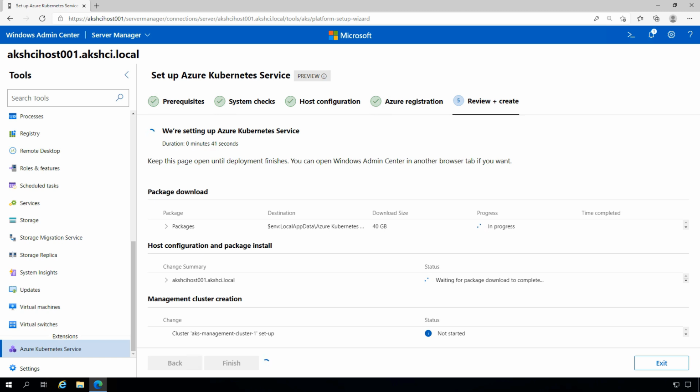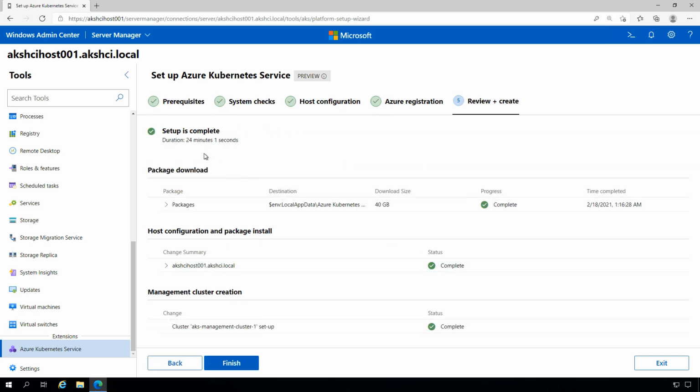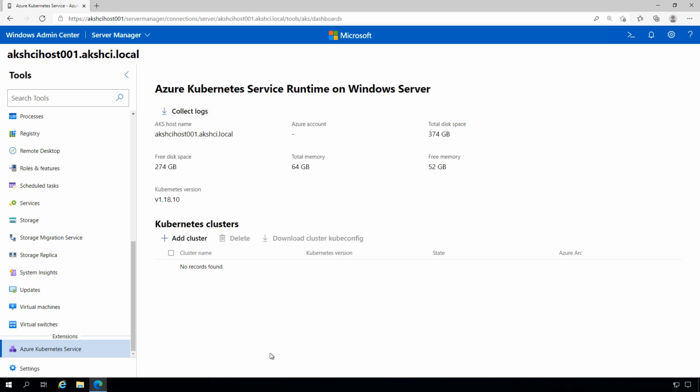So it's pulling down the files, waiting for that, and as you see, we fast forward a little bit. It took around 25 minutes in this case, but everything was downloaded successfully. We've created and configured and installed the necessary components on the host, and also deployed that management cluster VM in essence, which we can take a look at now. So that's the process completed. Everything's up and running. We've no target clusters at this stage, but you can see that the platform services management cluster has provided us some information there. And we'll move on to deploying a target cluster later.